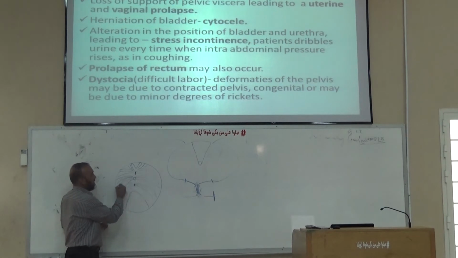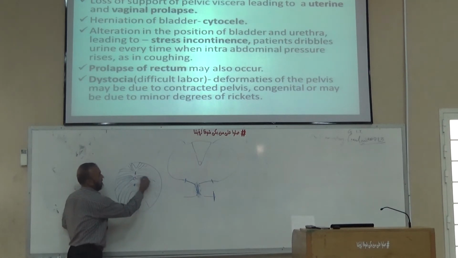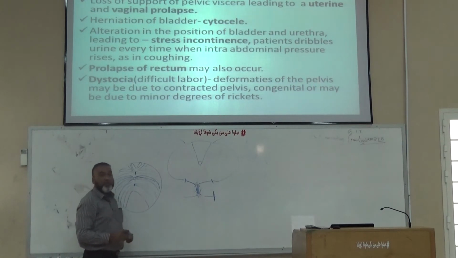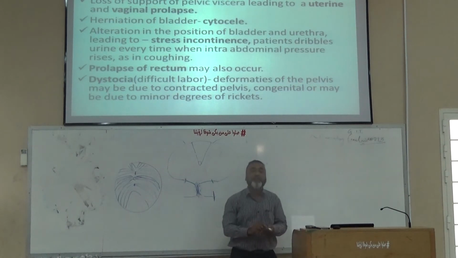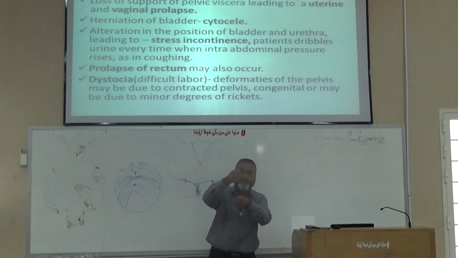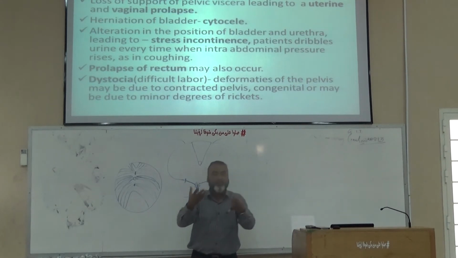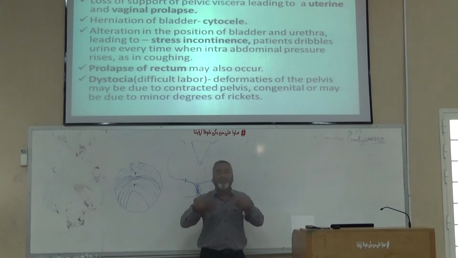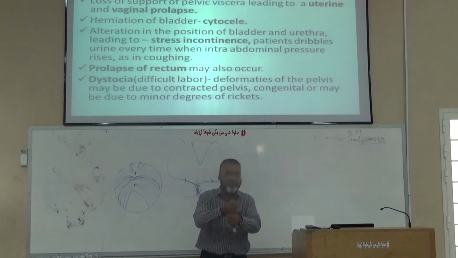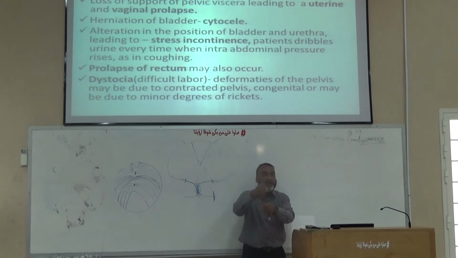This intermediate fiber, what is the name of this intermediate fiber? Puborectalis. What is the function? It acts as a constrictor at the junction of the rectum with the anal canal. When you are coughing or have severe chest congestion, it usually keeps the anorectal junction constricted. You can experience this also when you cough loudly: you will feel the pressure in your lower part, that is the pelvic diaphragm, so that the rectoanal junction is closed.